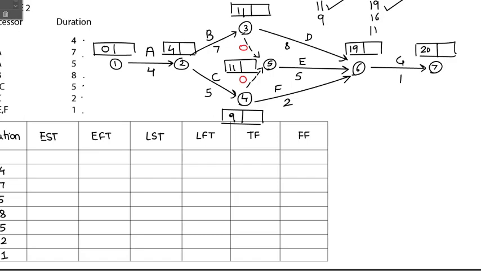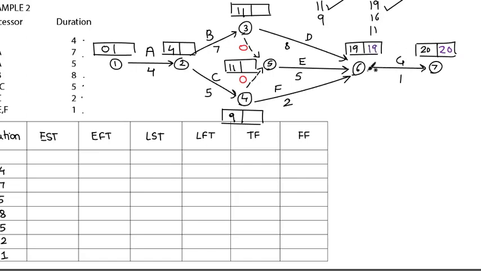Now for backward pass calculation, we'll use a purple color. For backward pass, this will be 20. 20 minus 1 will give me 19.